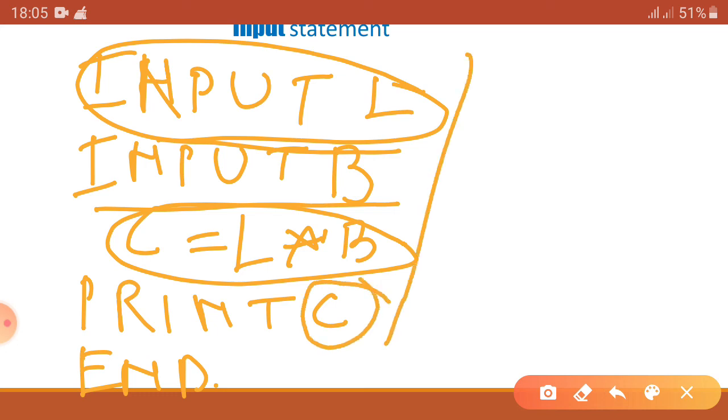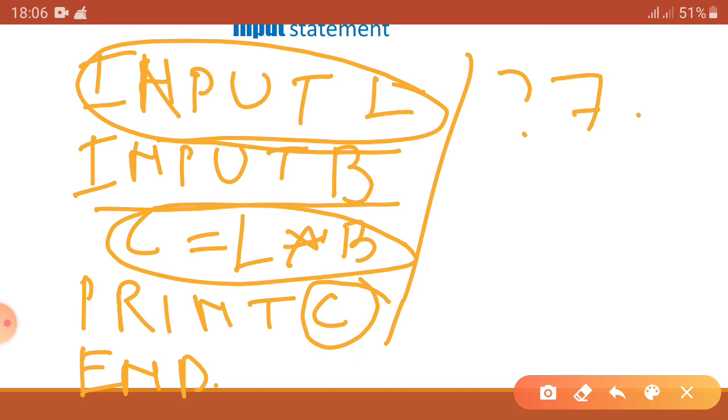Okay, if we execute these statements or lines in QBasic, at the output screen we will have a question mark, that means you have to put the value for L at runtime on the black screen. Suppose 7.